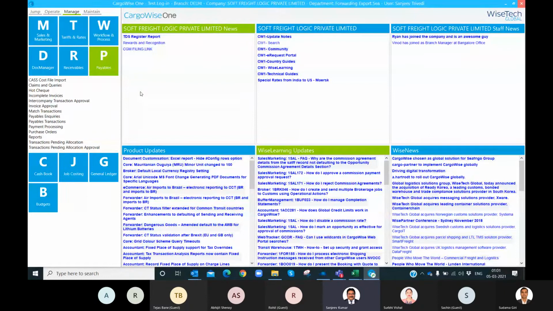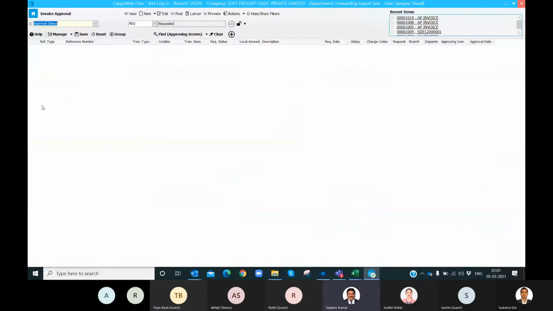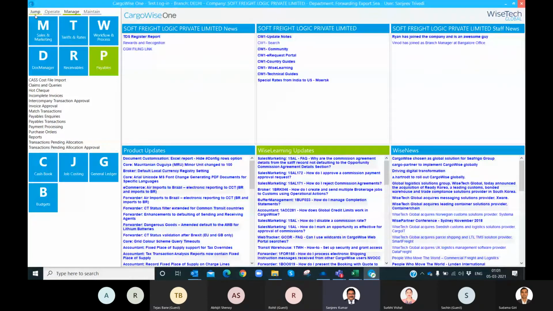Now there is one submodule, invoice approval. So for the invoice approval mechanism, do you have those matrix or not? Like we certainly will have vendor invoice matrix. Okay. So in CargoWise there is again an invoice approval matrix, and there are certain settings in registry which we have to actually map and configure inside the CargoWise system, so that it can be followed.